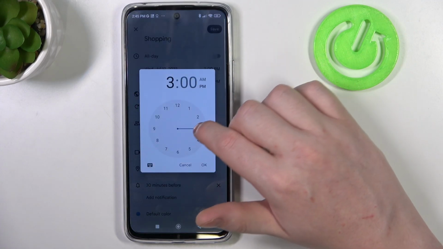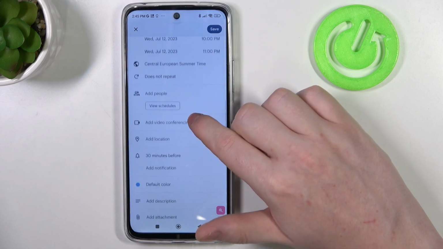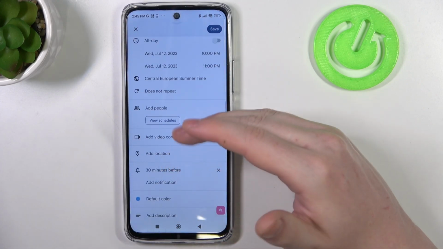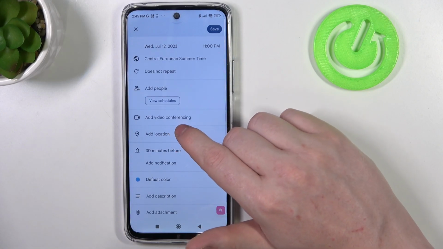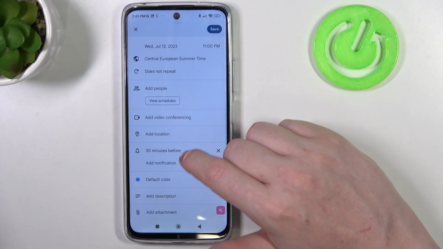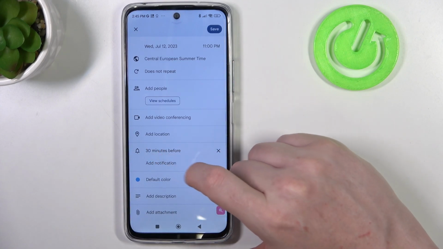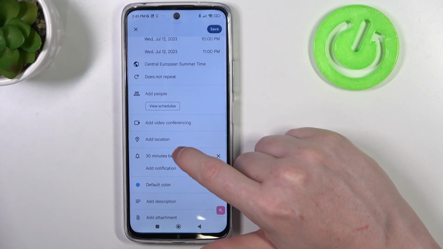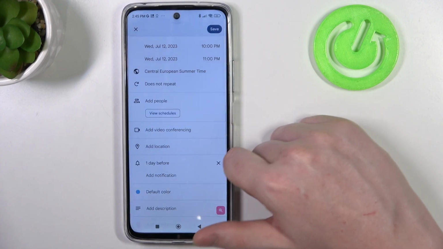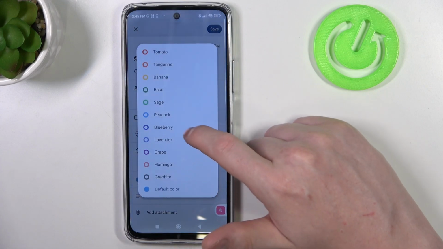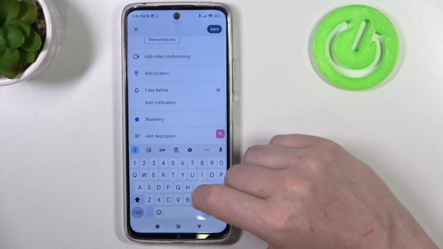You can also select the specific time for this event, add people so they'll be able to see this event as well, video conferencing, and also you can add a location, for example a shop name, and a reminder of this event for a specific amount of time that you can add right here, add notification 1 day before. You can change the color, how it will appear on your calendar, and also add the description, for